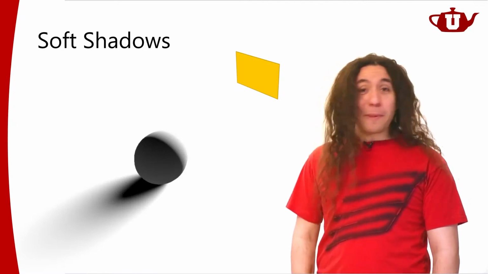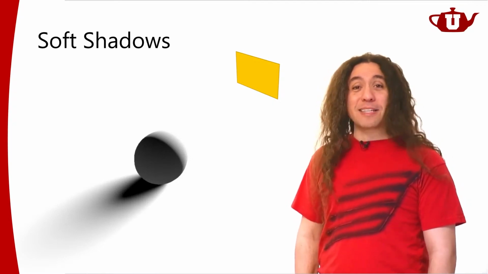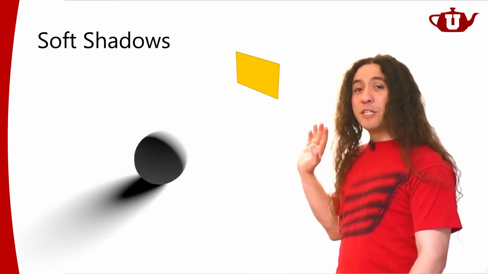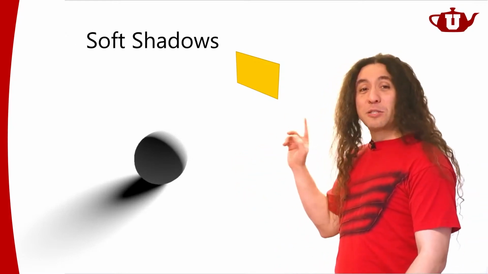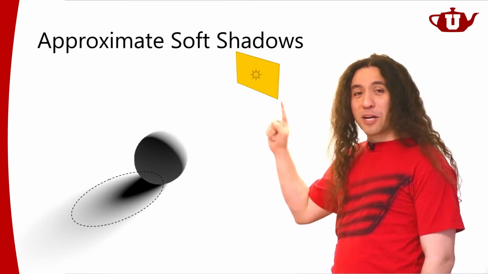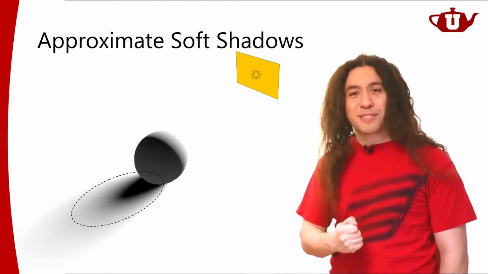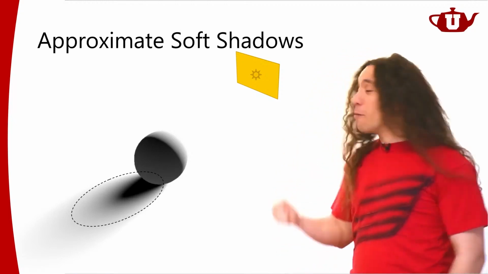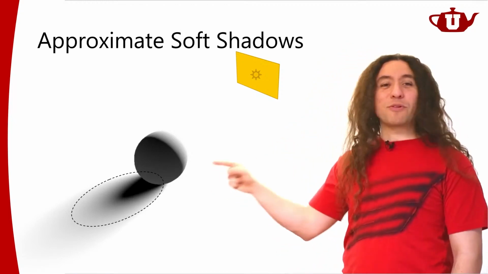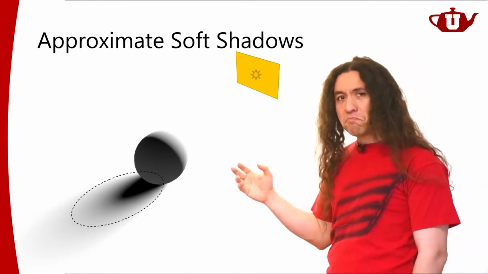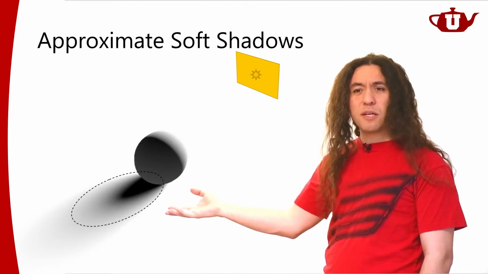But okay, don't give up yet. We like shadow maps, okay? So we want to use some form of shadow maps to approximate soft shadows. That's the goal. Now, we cannot exactly produce these soft shadows, but maybe we can approximate them, because in the end, I just want something that looks soft, right?